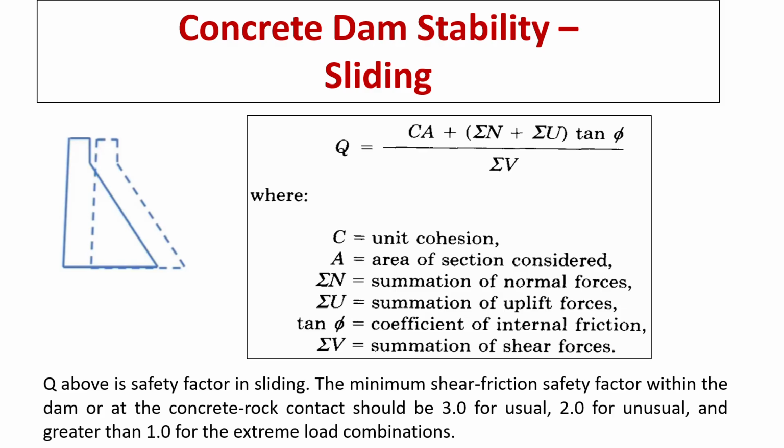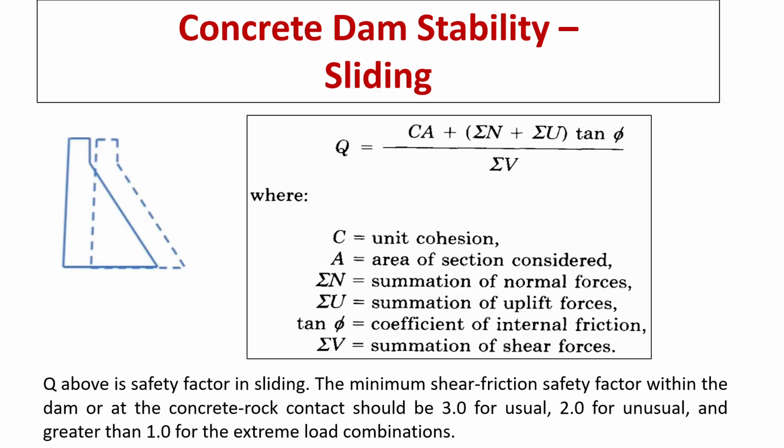Using the above formula, for different load combinations we have to check whether the desired factor of safety is obtained or not. For the usual load combination, that is normal operation of the dam, the minimum factor of safety should be 3. Unusual is flood times, and sometimes we can consider construction conditions. Extreme conditions are earthquake condition at normal operation or flood condition with drains not working,